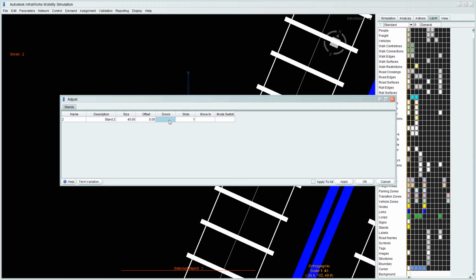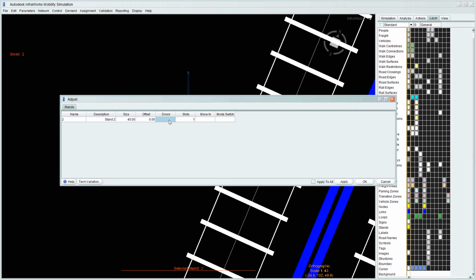Okay, so the train may have 2, 3, 4, 5, as many as you want entry points, obviously relative to the type of train that you're modeling. For us right now, while we're looking at this as an example, it doesn't really matter.